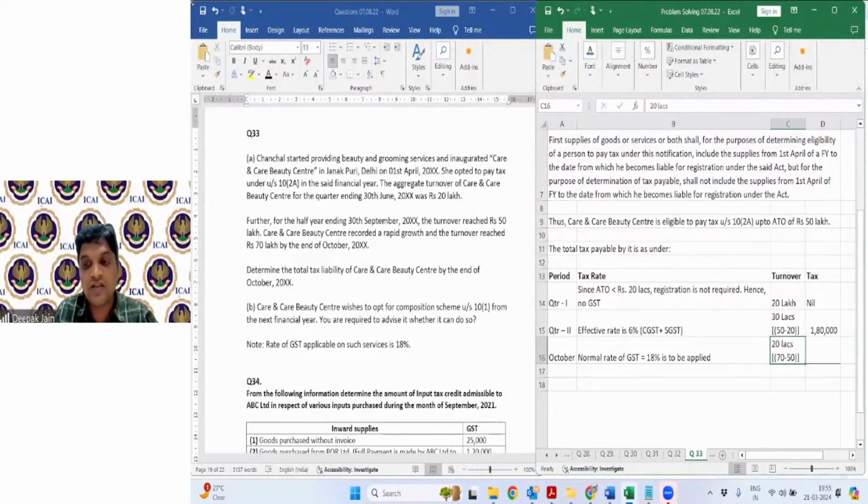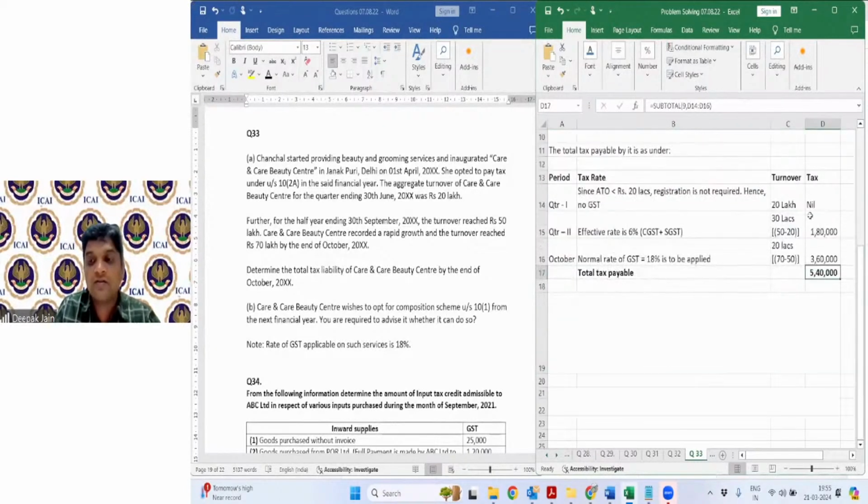Okay. So here कितना है? 70 minus 50, 20 lakhs. On 20 lakhs at 18% pay करना पड़ेगा. Same 20 lakhs, 30 lakhs here, 1,80,000. But on 20 lakhs now at 18% because she's come out of the composition scheme. So the total tax payable will be 5,40,000. Clear? That is how a composition scheme, you have to be careful for services up to 50 lakhs composition